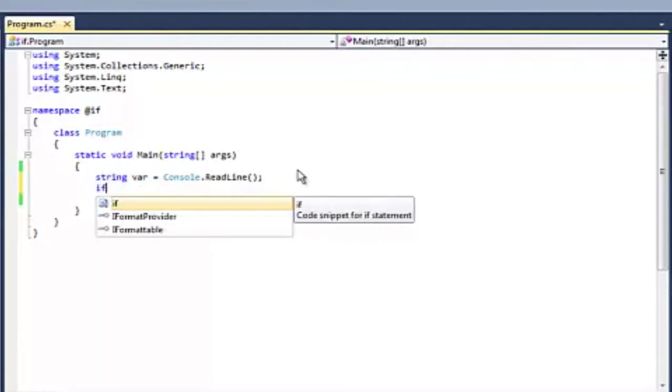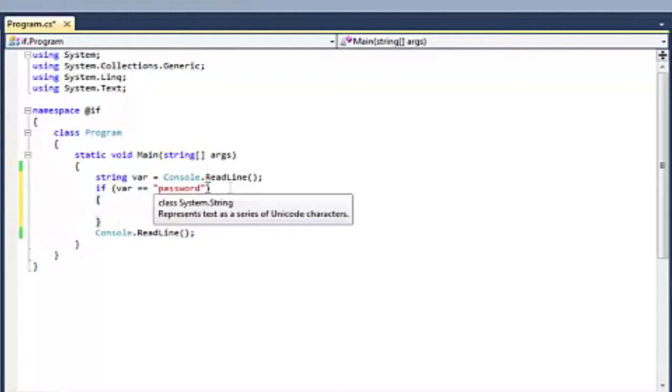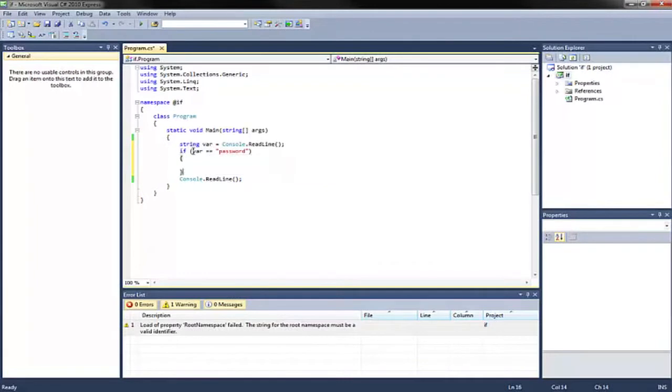If we're gonna put var equal, so it's two equal signs, and then quotations, password, oh whoops, then you open it up. So if var equals the word password, and then we open it up with curly brackets so we know what code's going to be executed. So the code that's going to be executed is